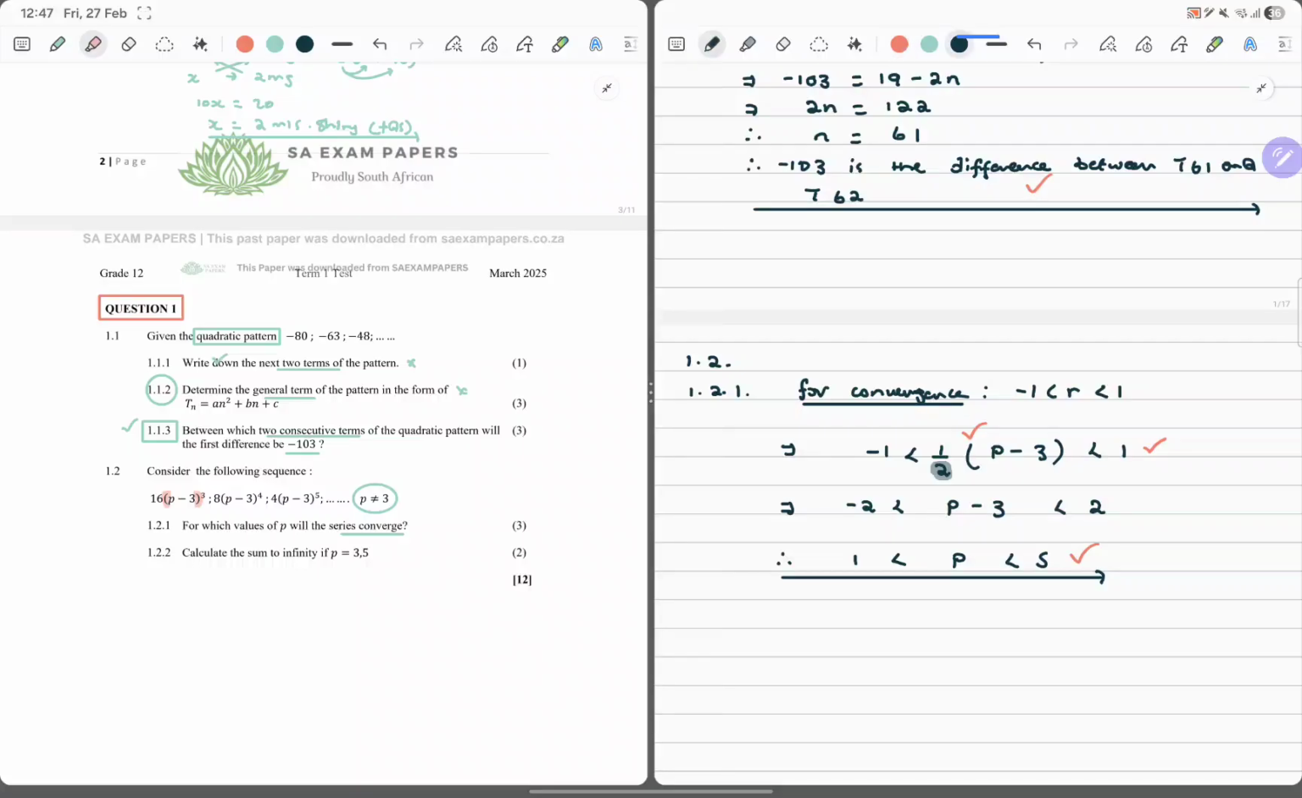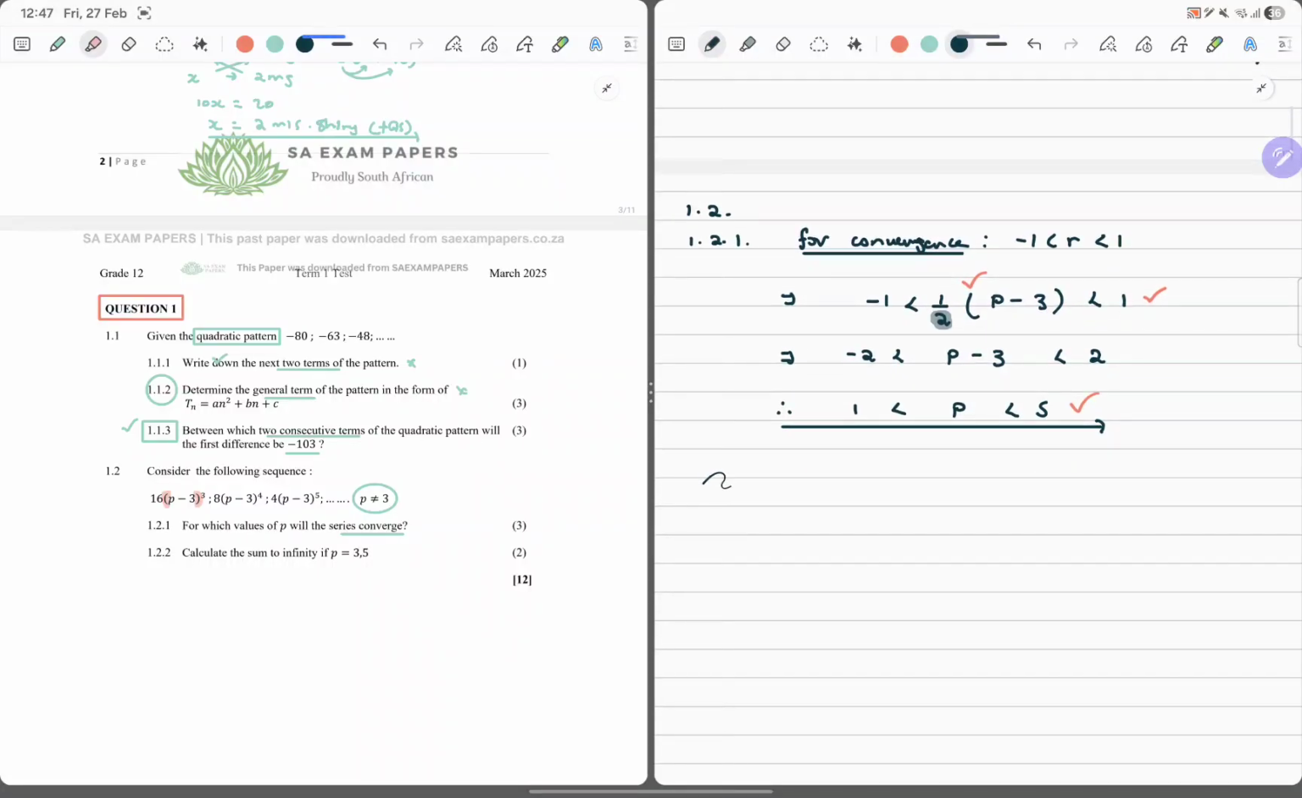Very easy otherwise. Okay, so we've got 1.2.2. This one says we need to find the sum to infinity if p is 3,5. Okay, so that's easy. We know that sum to infinity is going to be a over 1 minus r. Right, so this implies that our sum to infinity is going to be a is 16 into p, it's 3,5